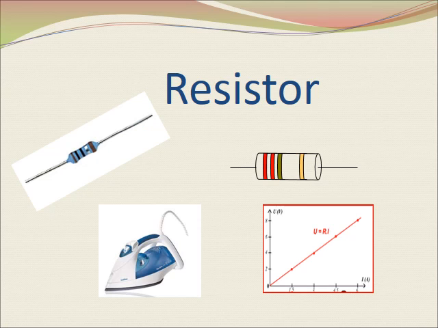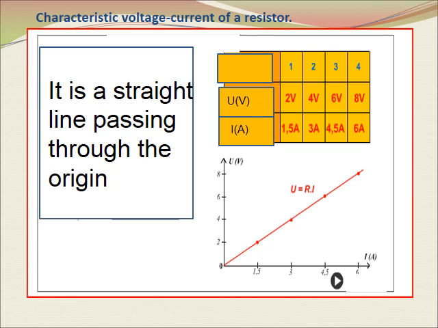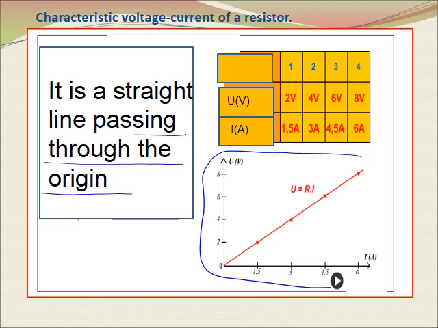Resistor. Characteristic voltage current of a resistor. It is a straight line passing through the origin. That is